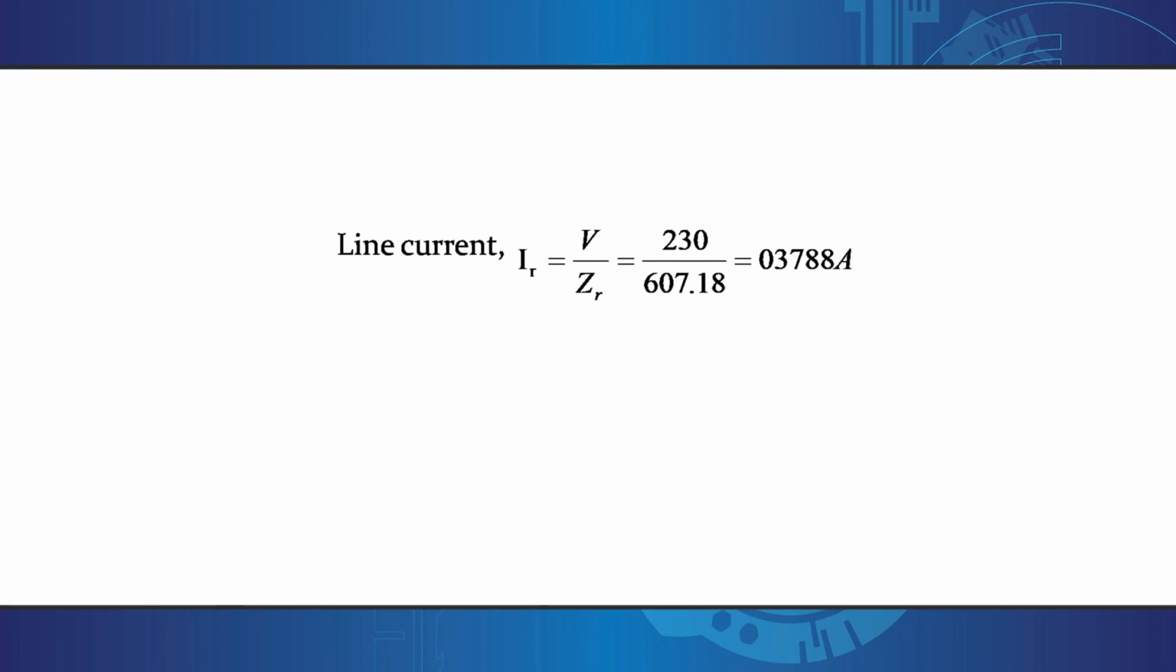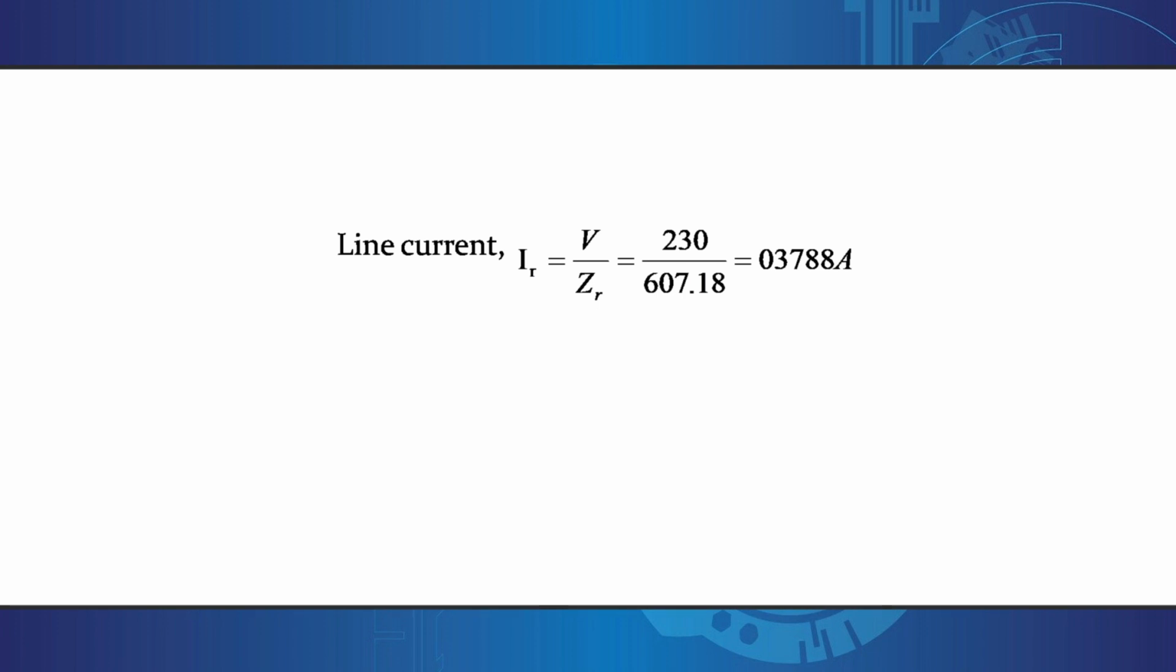Now you also have to calculate the line current. This line current can be written as IR is equal to V upon ZR. Why am I writing suffix R on I and Z? Because we are talking about the resonance condition. That's why I am writing this current IR. So IR is equal to V upon ZR. The supplied voltage is given as 230 volts and ZR is the impedance at the parallel resonance, which you have already calculated as 607.18 ohm. After putting this value and calculating, you get the value of line current equal to